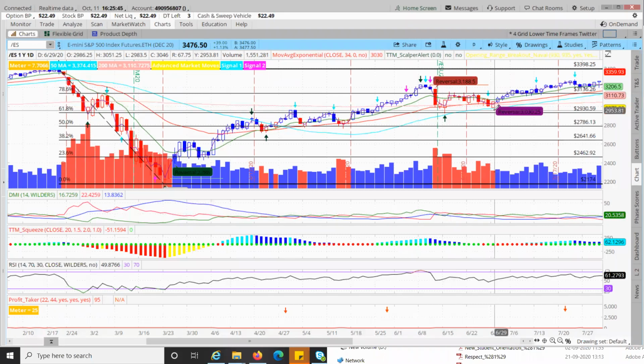Yeah, I was trying to think from the standpoint of, let's say, overnight futures. If we are very near to 78.6 Fibonacci and you do not know if it's going to go up or down, then you have to look at other indicators, what they're telling you. You have to always look at the screen from left to right. If left to right is saying that it is moving up, then you have to back that. Plus, you have to see what these 2 or 3 indicators, RSI, TTM squeeze, or DMI, are telling you.